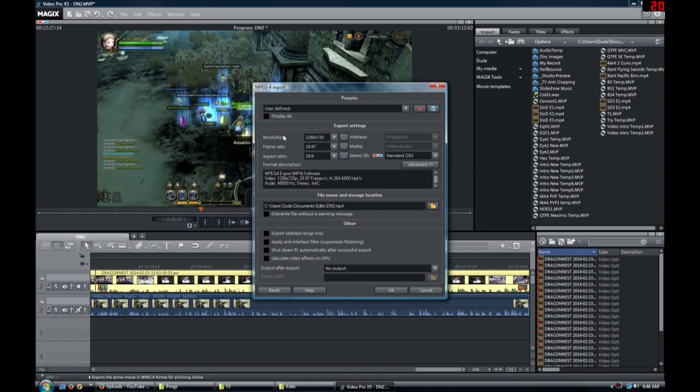The settings are all created, but it's 1280 by 720. The frame rate is going to depend on the game you're recording. Some games record at 30 frames per second, some 60, some 50, some 20. It just depends on the game. This particular game records at about 30 frames, so that's what I've got it set to. 16 by 9 is what 1280 by 720 is. You could also do, I've done 1600 by 900 before, because it just fit the game window. 1080, you can do 1080, whatever you want. But 16 by 9 is the important part, because YouTube likes it. That's their format.